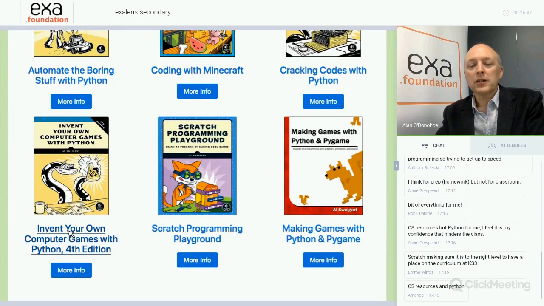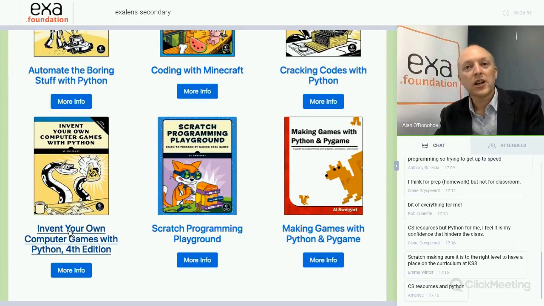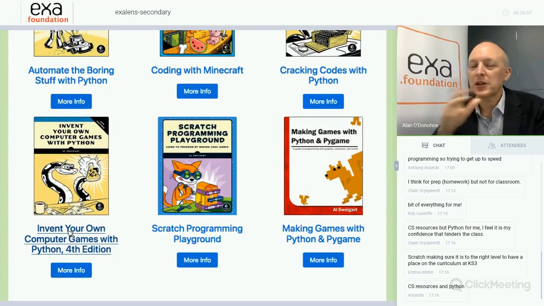Now, if you want, you can go to Amazon and places like that, and you can download his book, or you can pay for an electronic version, or you can just download it for free. And I don't mean you have to break any laws or anything, but Al has shared the content of all of his books for free. I would say that this one here is a good one to start with. I think there's about 11 chapters in the book altogether.